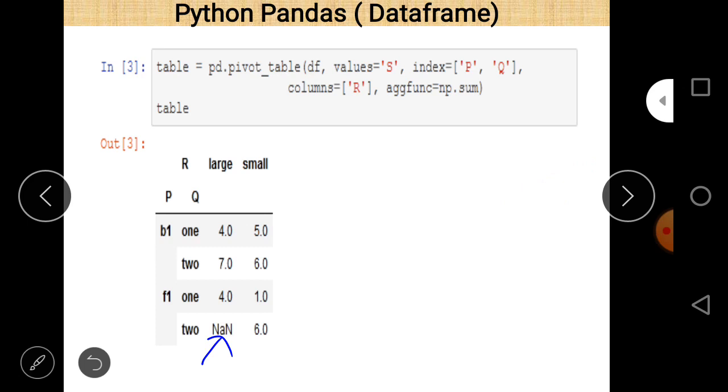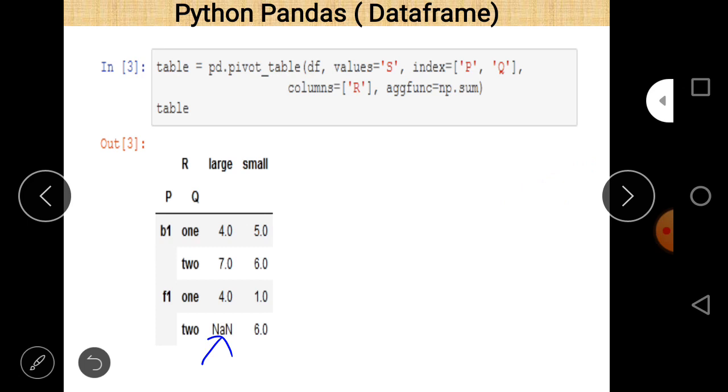As I told you, the pivot table function or pivoting is basically related to representation of data in a descriptive way, in which rows and columns are interchanged, and we represent data in an effective manner such that we can interpret the data meaningfully.